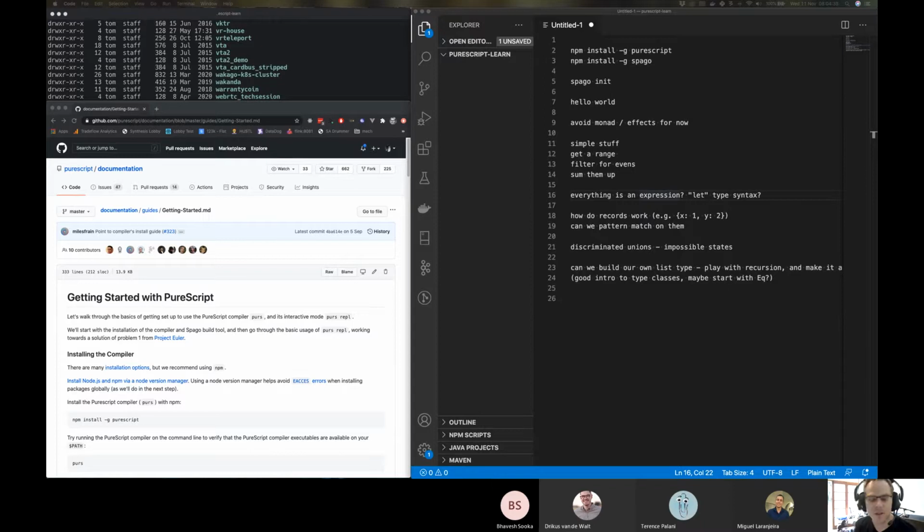Whereas in a language like F# or Scala or whatever, you tend to try to write pure functions, but it's pretty easy to call out to something like printf or write to a file, which would cause a side effect and then sort of make that function impure. But it's not too important for now.